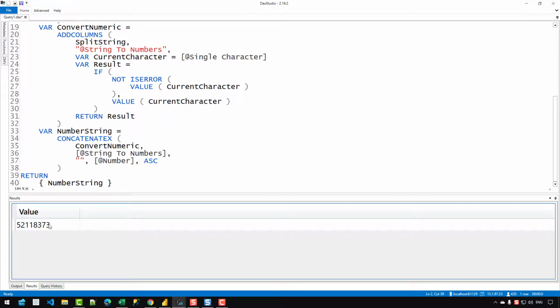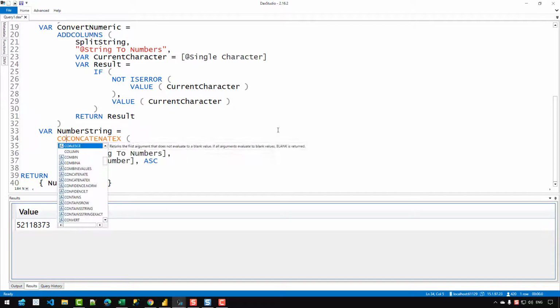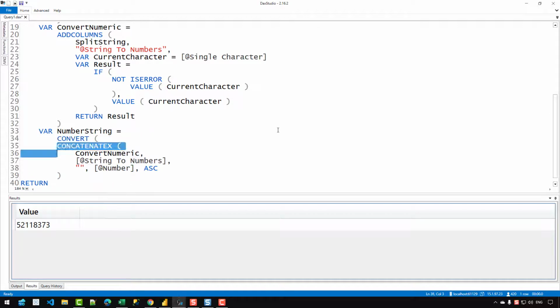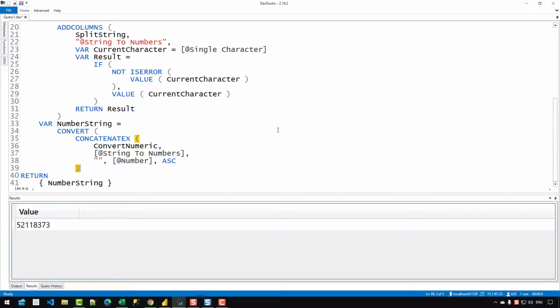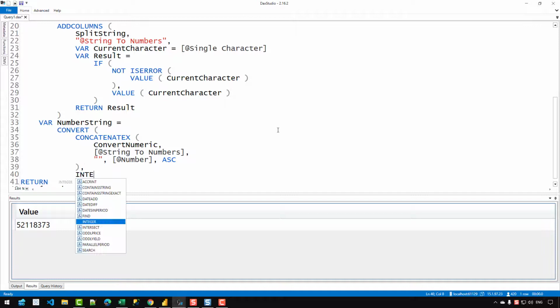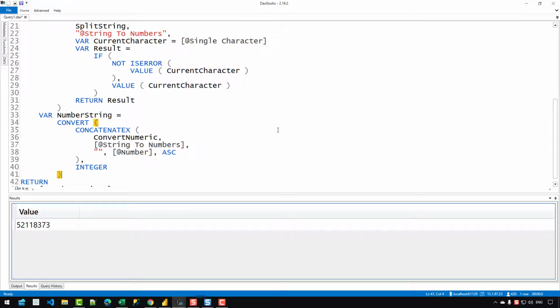So what we can do is convert that value into an integer data type so that they can be aligned towards the right, and then we can actually use those values to either sum or do whatever we want to do. So let's write convert, and then I'm going to write integer. Let's close that, and if I press F5, let's increase the width, and you can see that the number has been aligned towards the right.